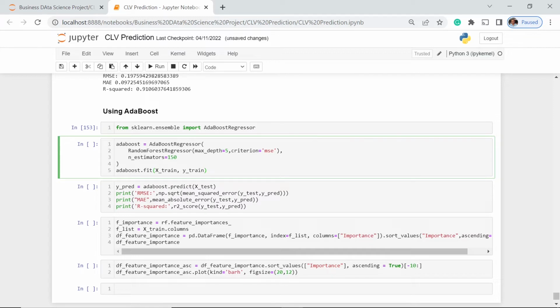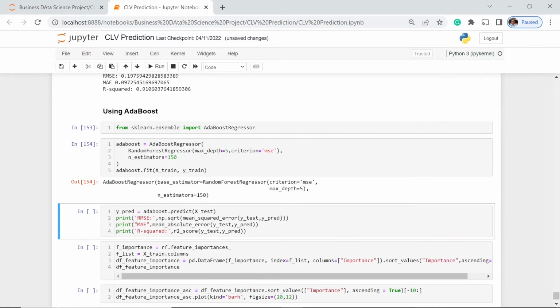And let's fit our X train and Y train to the AdaBoost. So let's execute this and wait for a few minutes. The model is still making some calculations. So let's see how it predicts and how it performs using, of course, the three evaluation metrics. Let's execute this one. Let's see the